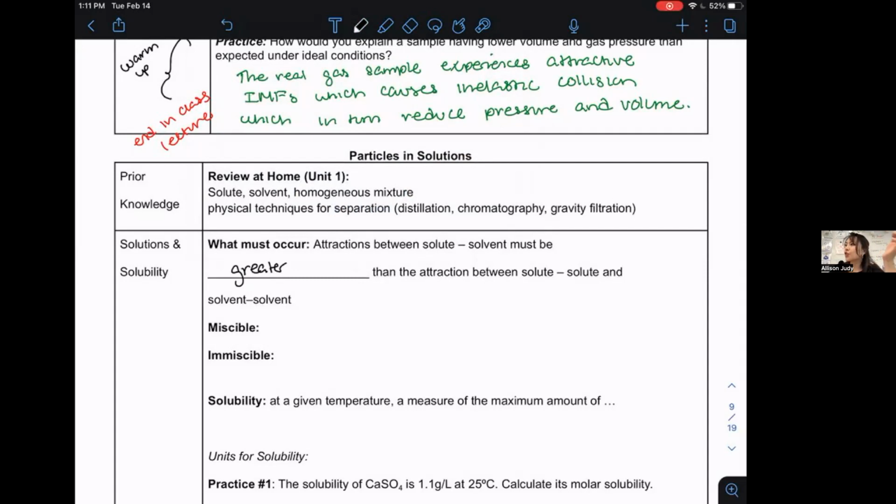Because remember when you mix two things, right? They're all in a sample together. They're all clinging on to each other. So if you want a homogeneous mixture, a relatively even distribution, you have to create a connection between the two parts. Okay. So